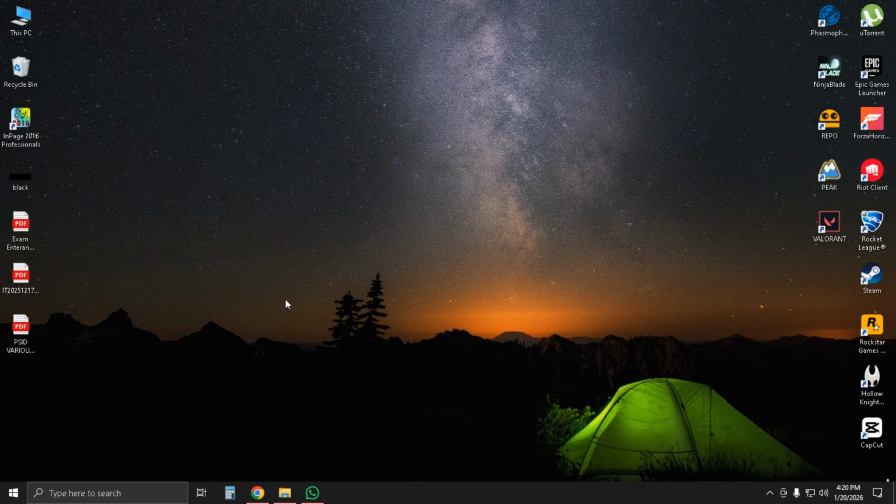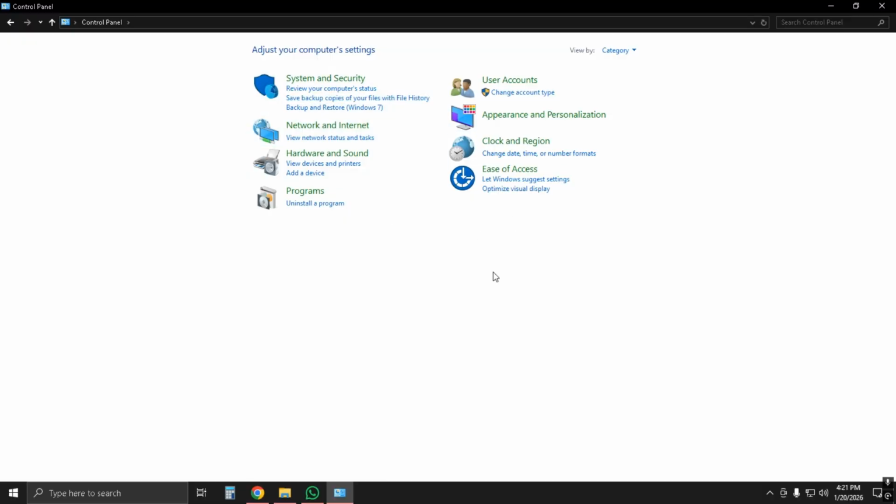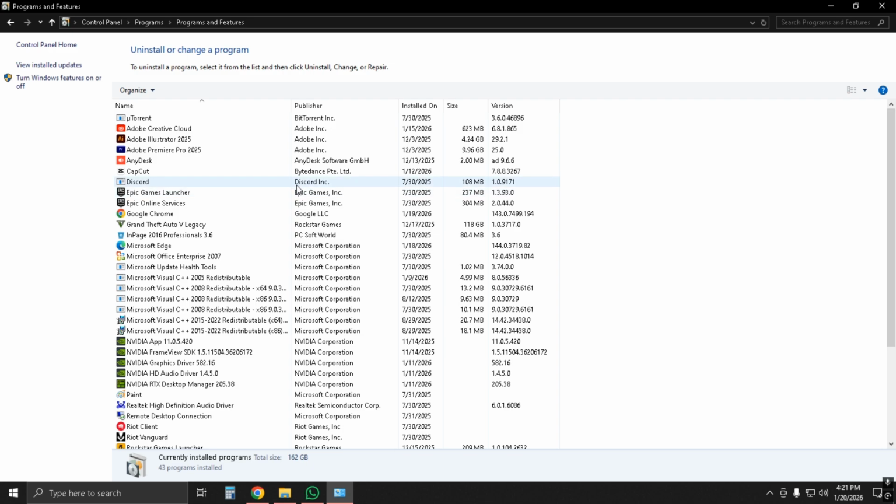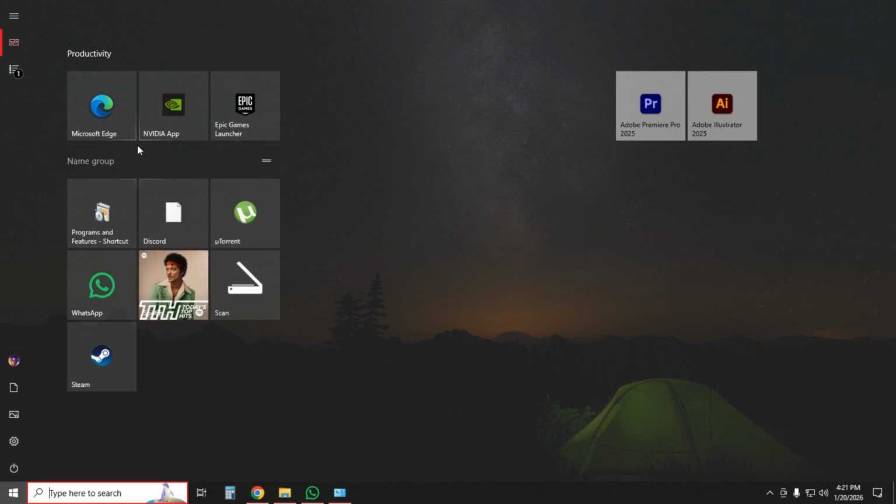In order to do this, open Control Panel, and once you're in Control Panel, just click on Uninstall a program. Now search for Microsoft Visual C++. Just delete every file containing Microsoft Visual C++. And once you're done, just open Chrome or any browser you like